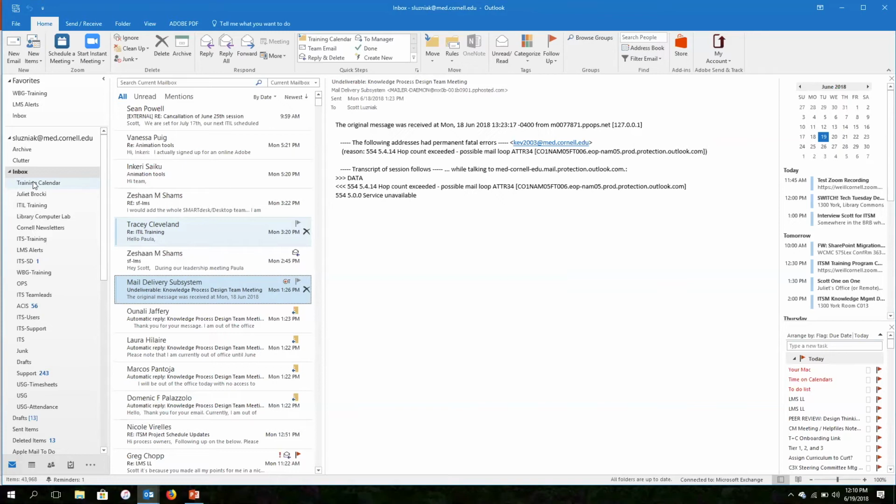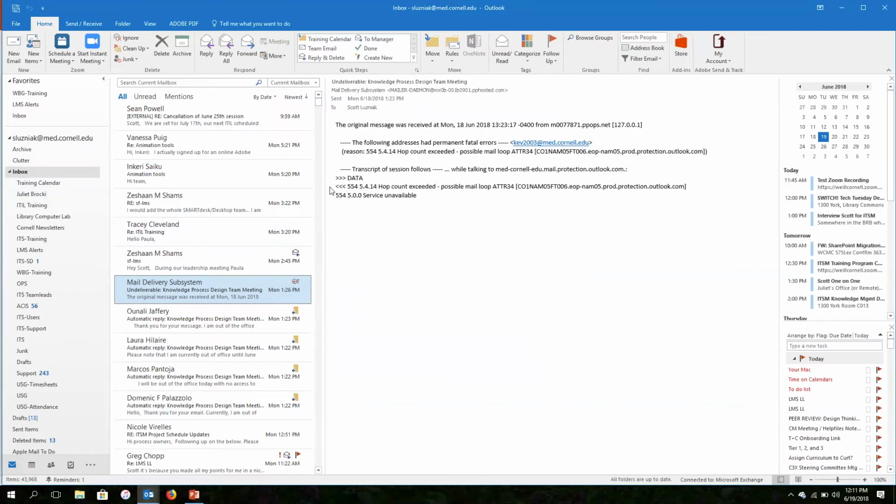sure. So for people who are checking the mail, have to go to a website and go to o365.med.cornell.edu. That's the web portal. That's the online version of Outlook. For people who use Outlook, they will have an Outlook icon on the desktop. They launch that, and it comes into a program similar to what I'm. That's the client, yeah. Yeah. So